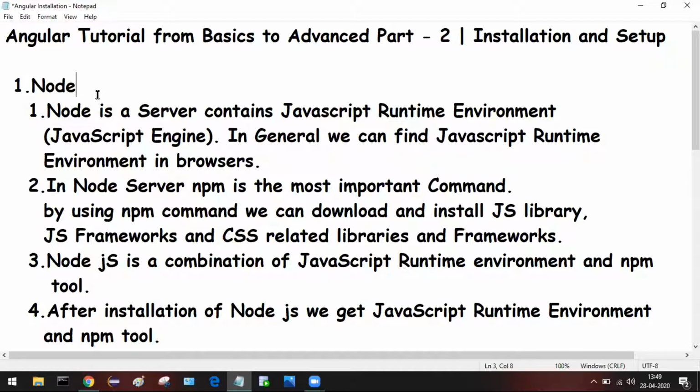In a node server, there is a most important command that is called npm. By using the npm command, we can download and install lot of JavaScript libraries, JavaScript frameworks, and CSS related libraries and frameworks.